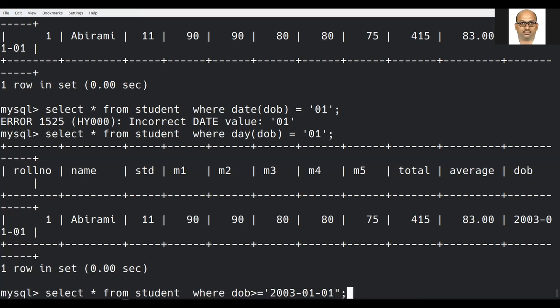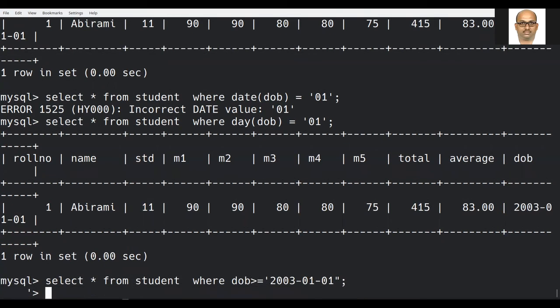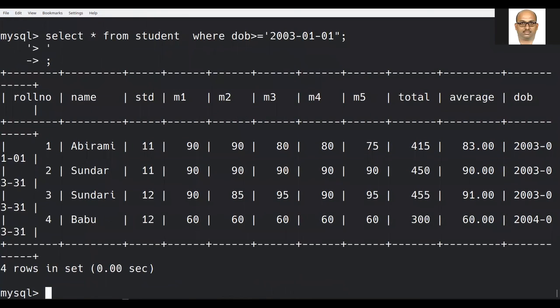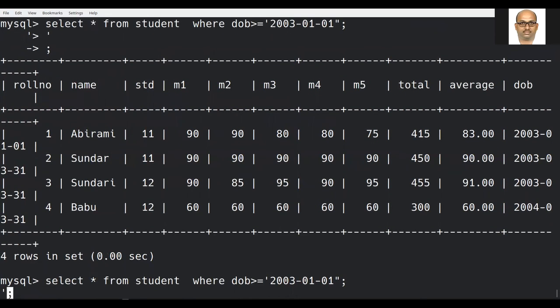Here the problem is I have given single quotes as well as double quotes. To overcome this, kindly note, when you are getting an error like this, put a quote, then put a semicolon. See here, all the records have satisfied the particular condition.